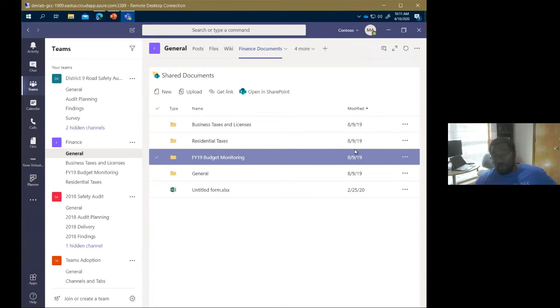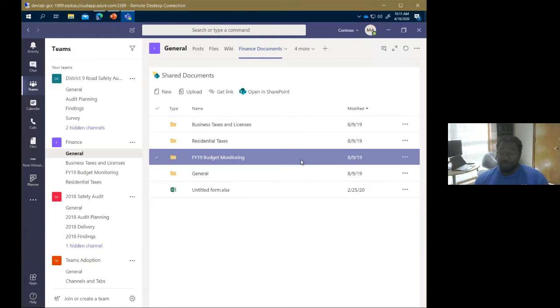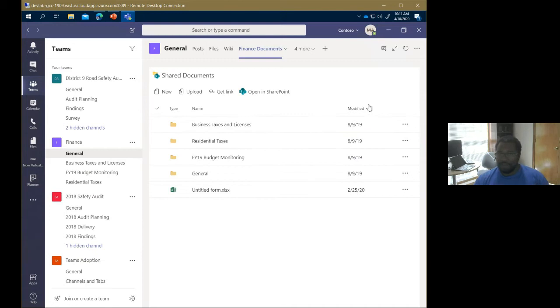And a point to note here is these tabs don't magically pass permissions into that thing, right? So if I've linked to a library that this user happens to have access to, if somebody else on the team doesn't have access, this tab's not going to magically give them access. It'll give them some message about access denied or something like that. So when you're adding these tabs for your team, be aware of that. Add tabs that the team actually has access to. Otherwise, they're going to get an error message.